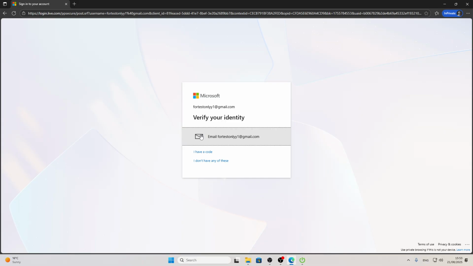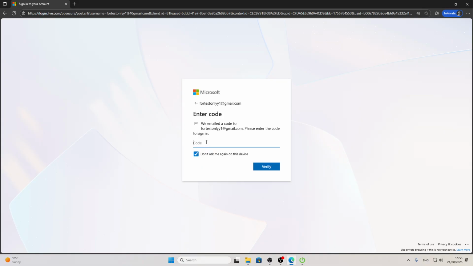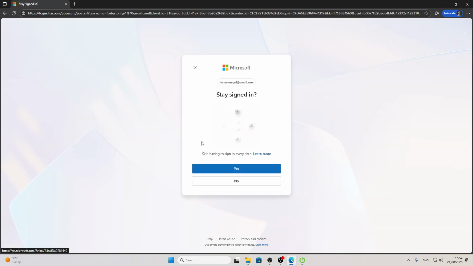Press next, and then you're probably going to have to verify your identity by sending either an email or an SMS with a code by clicking right here. After that, you're going to have to check this code and enter it into this field. Once you enter this code, you can decide whether or not you want to stay signed in by clicking the respective options, and on the following page you're going to see the table with all